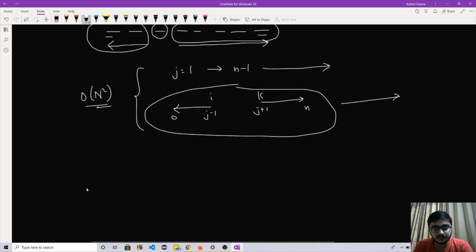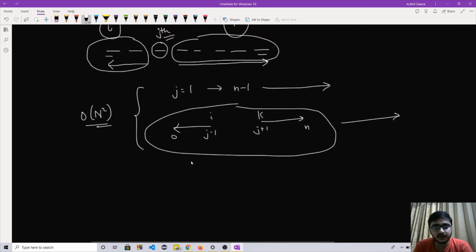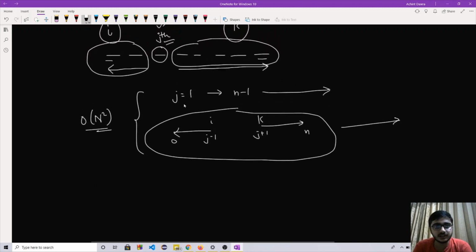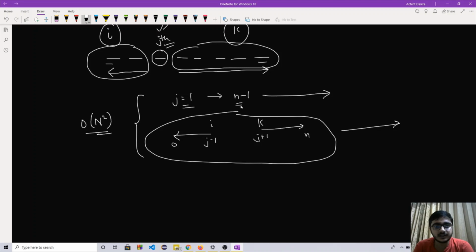Now we know that we cannot remove the loop for the jth element, since we need to fix the jth element every time. Where can we optimize this? Either for getting the left element or for getting the right element. Let's see how we can get the right element in less time. Here comes the concept of the maximum suffix array.